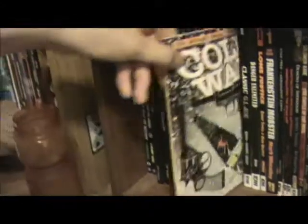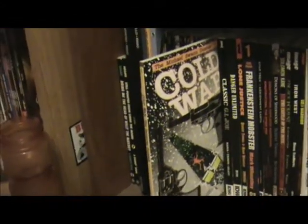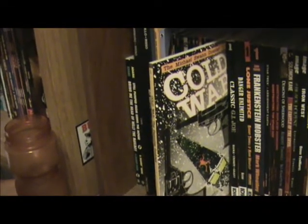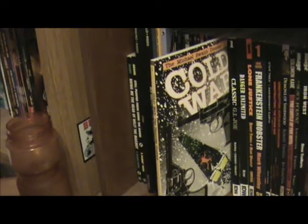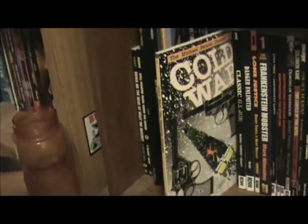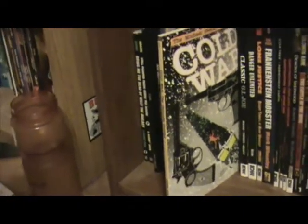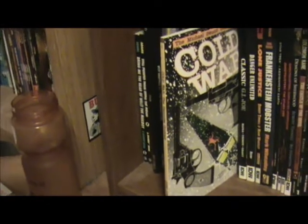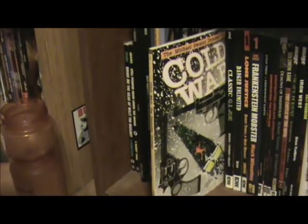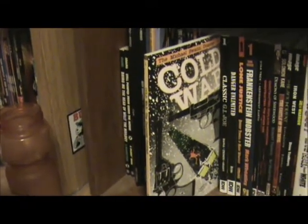Now, here we have Cold War by John Byrne. This is basically, if James Bond had more realistic gadgets and technology and was less promiscuous, this is what that would be. I mean, if you like James Bond and you want less sexuality and weird technological gadgets, then this was probably right up your alley. In my opinion, if you are going to do a story like this, James Bond in